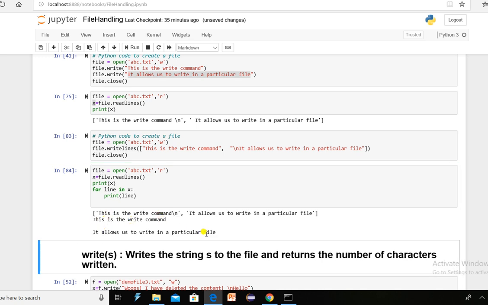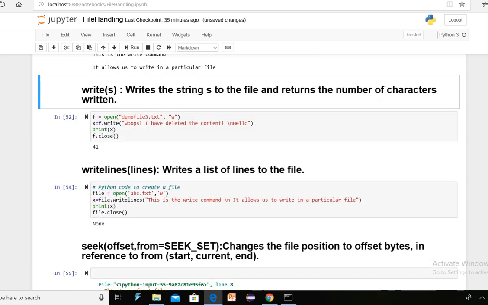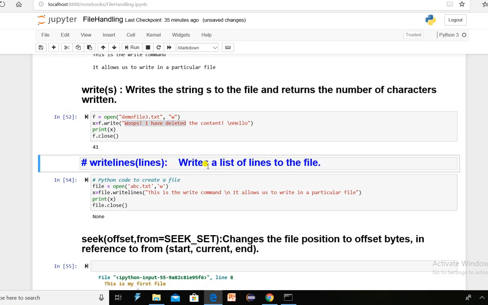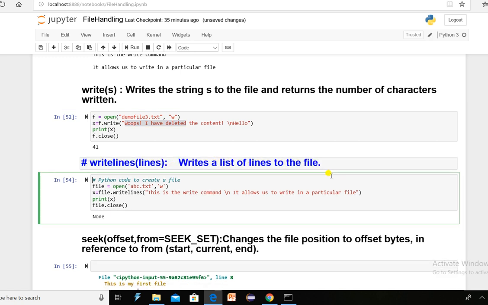It allows you to write to a particular file. The write method writes the string to the file and returns the number of characters written, how many characters you have written in a file. The writelines method writes a list of lines to the file, and it will return None, nothing.